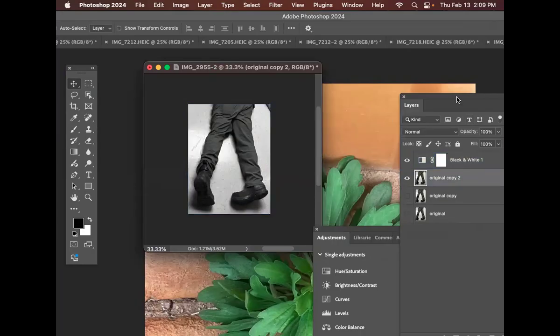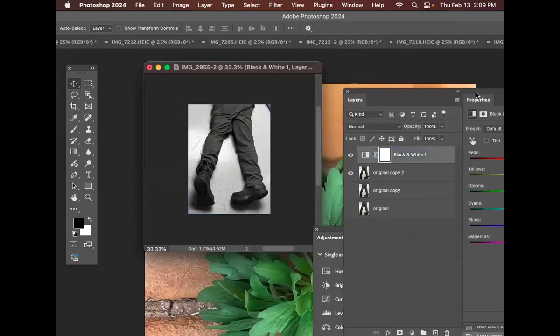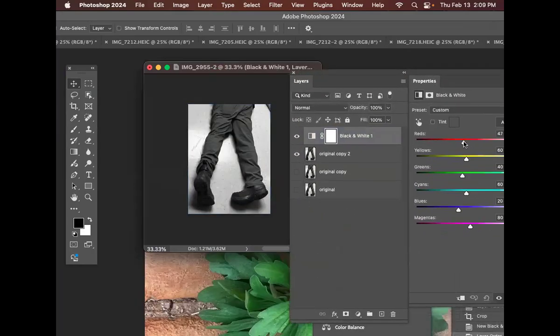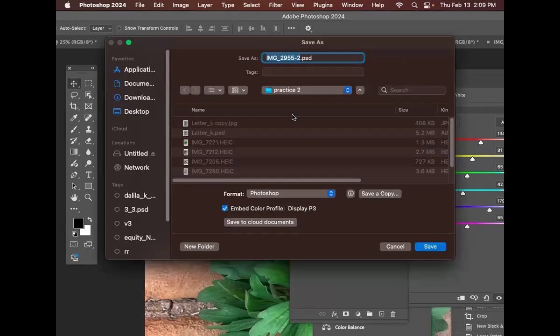Now, we can also still go and adjust it by using some of the sliders on the adjustment layer. Oh, that brought up the boots a little bit. All right, cool. This could also be a V, right? We could turn it all the way upside down and it could be a V. All right. So let's save this and call this